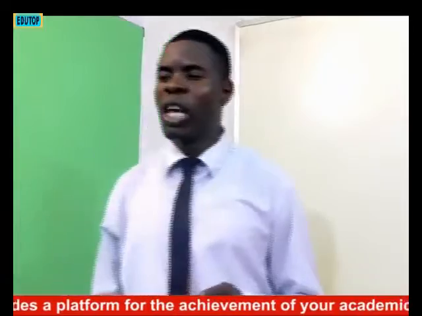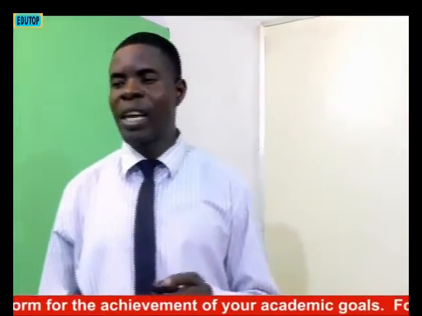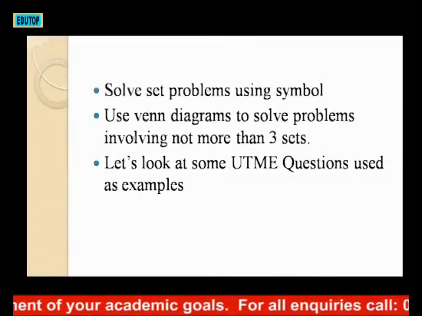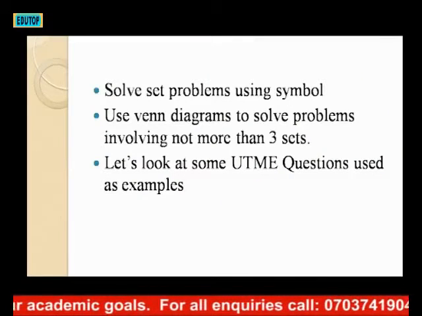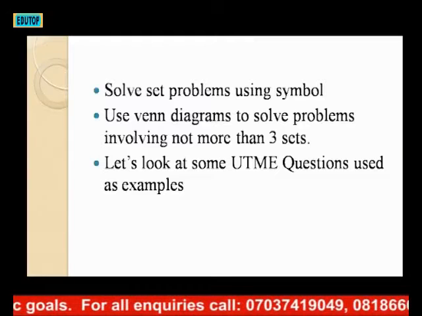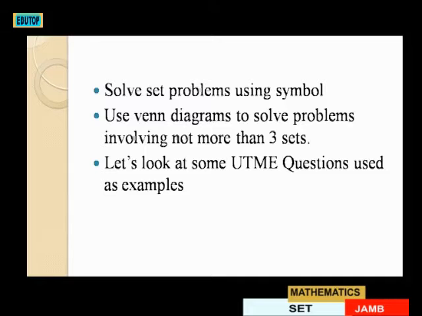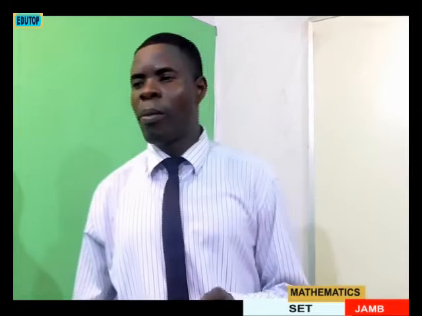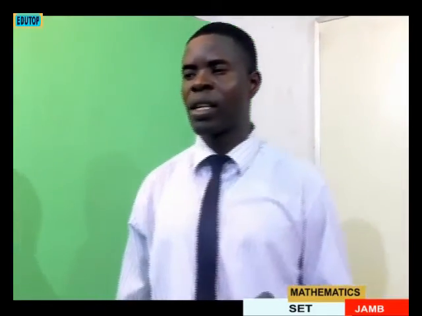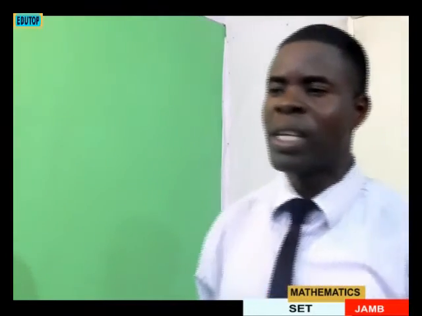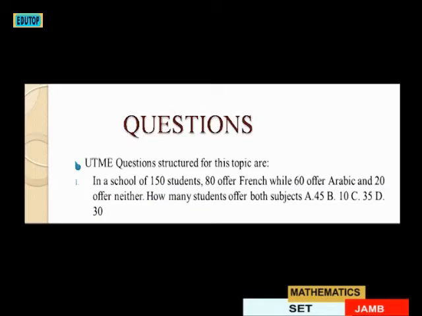Looking at some UTME questions used as examples, to justify the above, then solve set problems using symbols, which we have done. Then use Venn diagrams to solve problems involving not more than 3 sets. So we're going to see some UTME questions structured for this topic, and these questions are: number 1, in a school of 150 students, you are meant to write